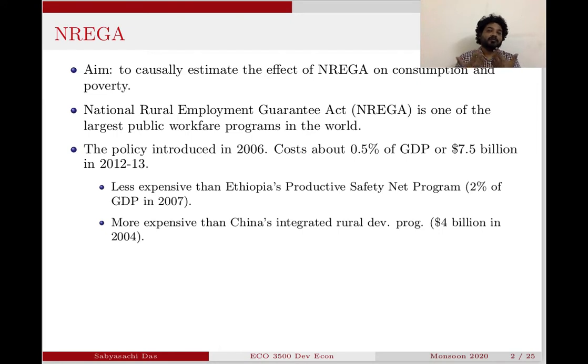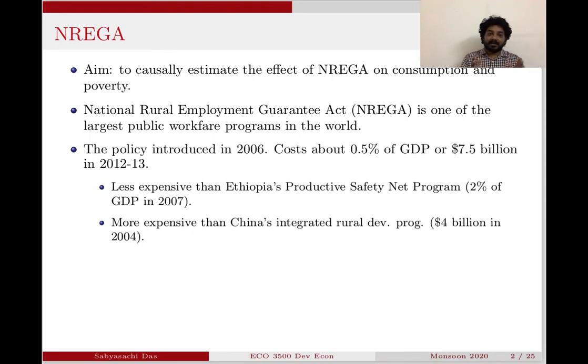Because you will sign up and actually do this kind of manual labor only if you really need money or food, and therefore this is a tax collected from everybody and going primarily to the poorer section of society. So in that sense, it's a redistributive program, but it's a redistributive program through the process of self-selection into work and actually doing manual work. Okay, so hence the public workfare